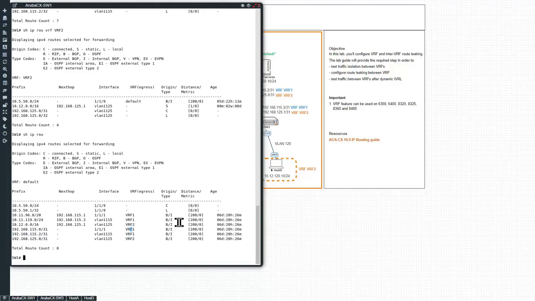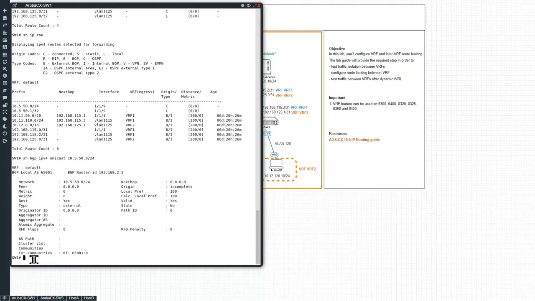Now what we can check is the route information inside the default VRF for the BGP RIB corresponding to the server. So let's do a show ip bgp ipv4 unicast, and take a look specifically at that route. You see the extended community that is carrying the route target information for that route.